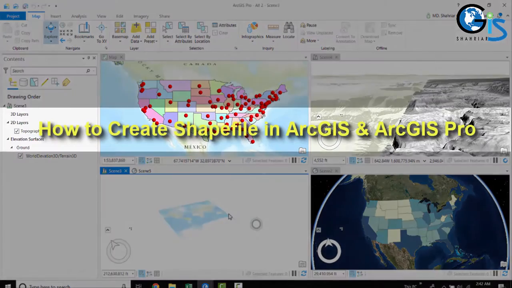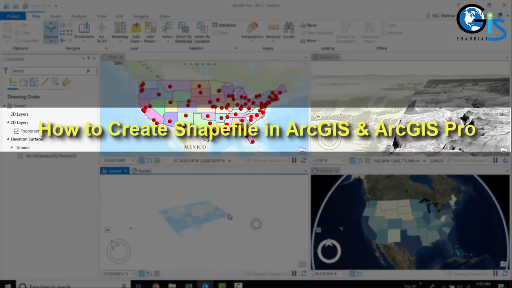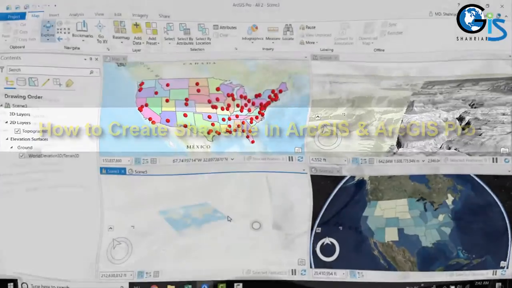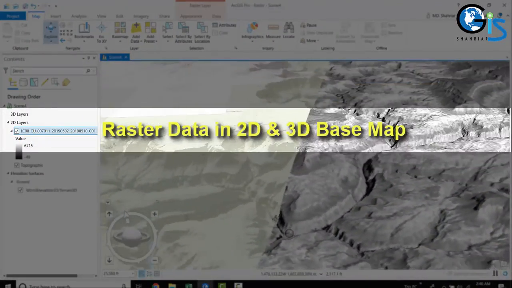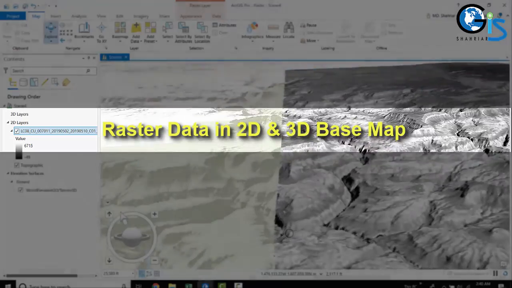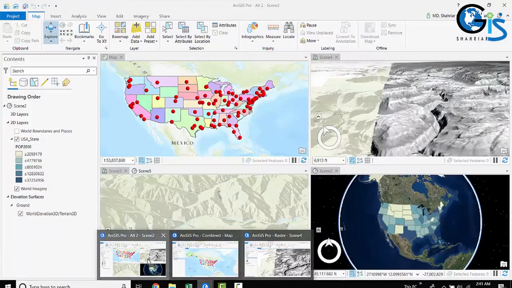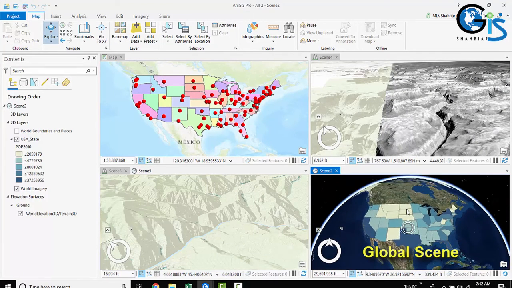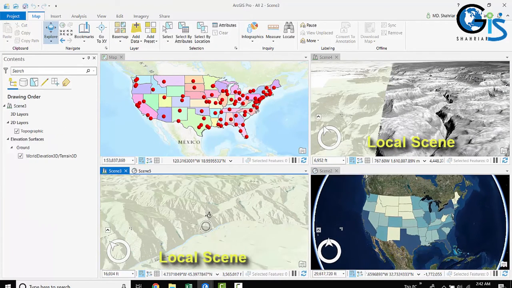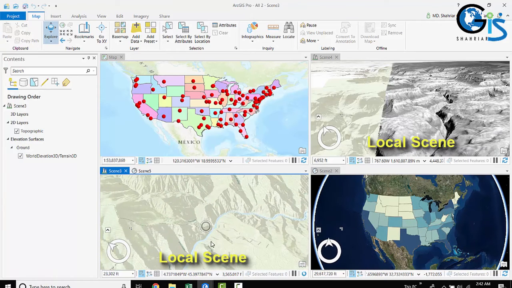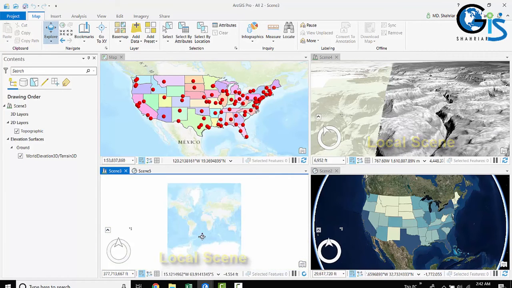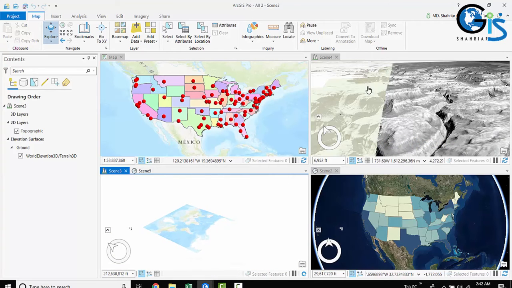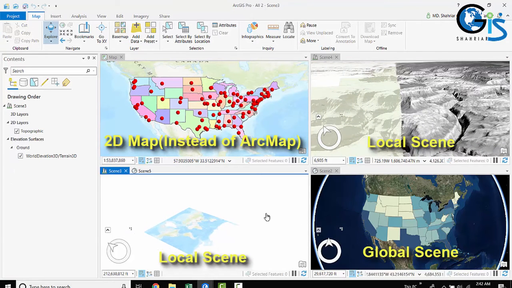We are going to learn how to create a shapefile by using ArcGIS and ArcGIS Pro. We will learn how to work with raster data in 3D Basemap. Not only that, we will learn how to work with ArcGlobe, which is known as Global Scene in ArcGIS Pro, how to work with ArcScene, which is known as Local Scene in ArcGIS Pro, how to organize and combinedly do 2D maps, 3D maps, and more than 2 or 3 projects in one interface